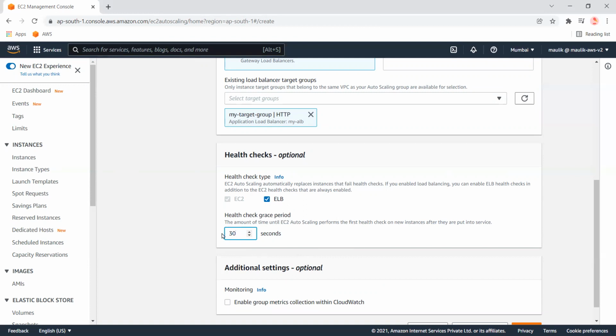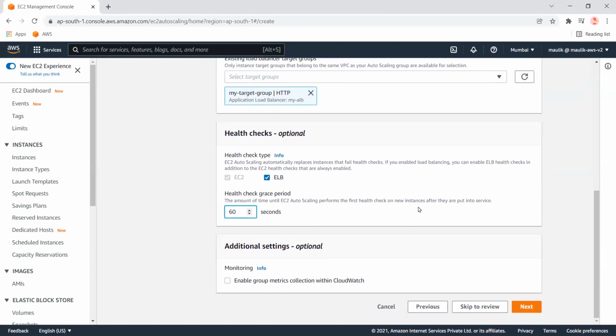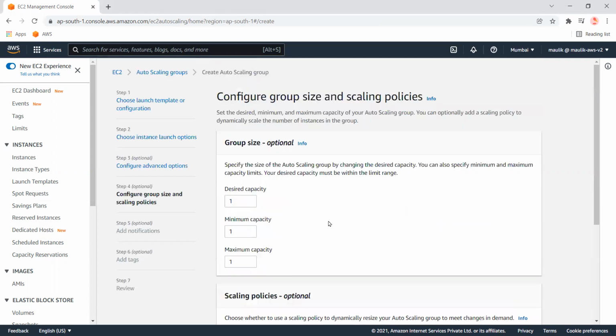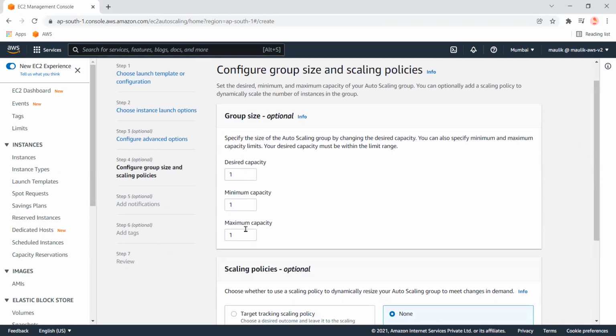So it is better to keep the timing up to 60 seconds or 2 minutes until it stays stable. If we are processing something in the server and it is going to take some time, then it is better to give maybe 2 or 3 minutes based on our requirement. Desired capacity is nothing but how many instances you want to launch by default when this auto scaling group is created.